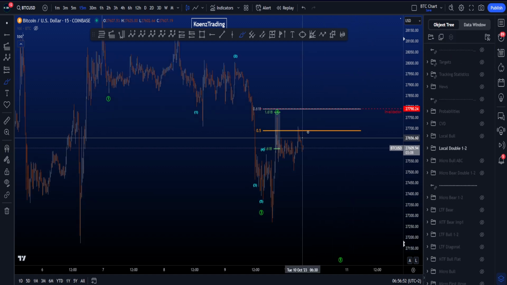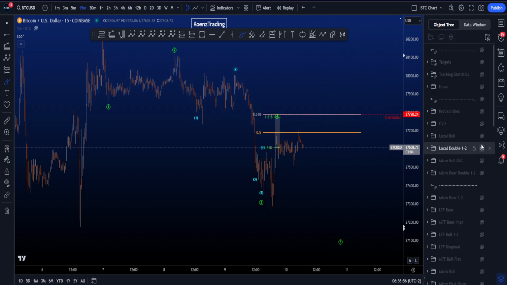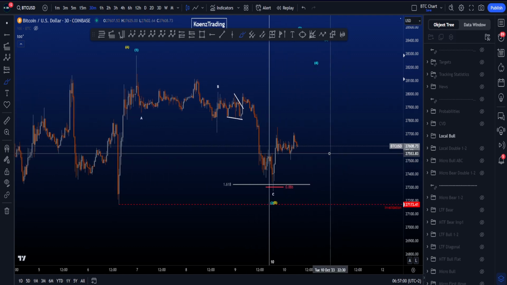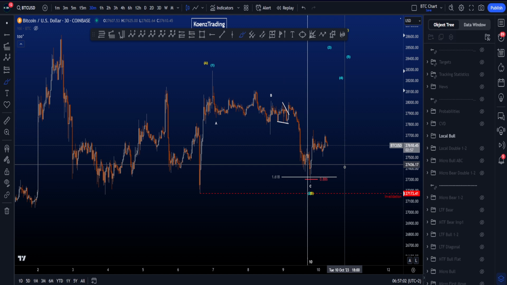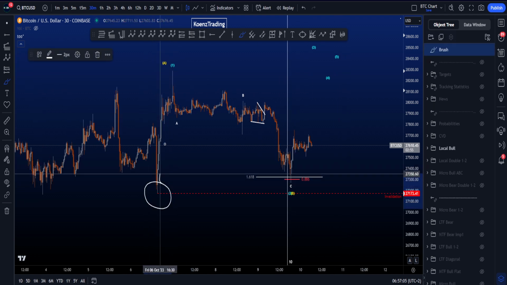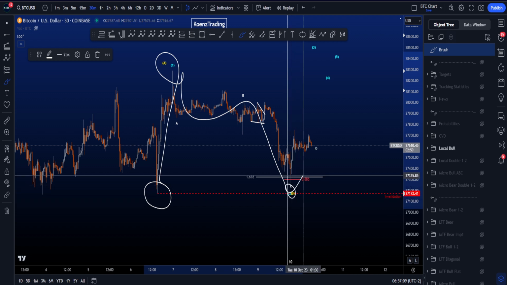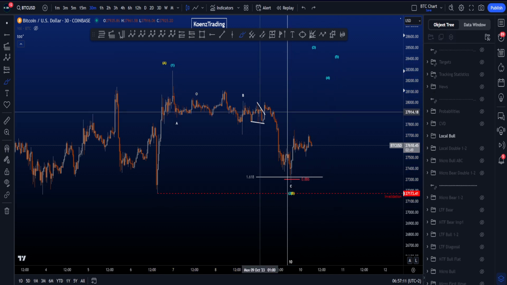If price does move to the upside, then the invalidation is 27.8k. In a more bullish scenario, the low here is in, and we are looking for a move to the upside. So in this particular scenario, this is the low, and you're looking for an A or 1, a 3-wave structure in an ABC for 2 or B, and now you're looking for a wave 3 or a wave C